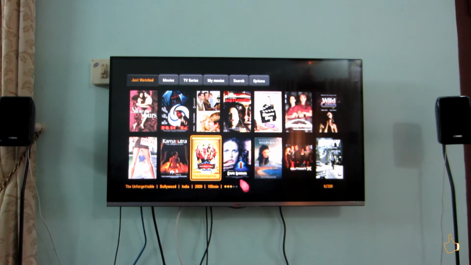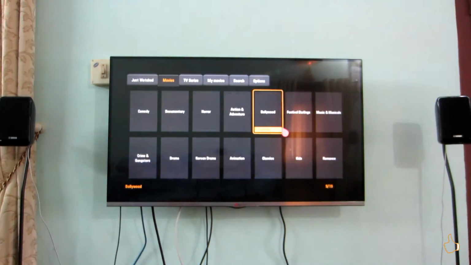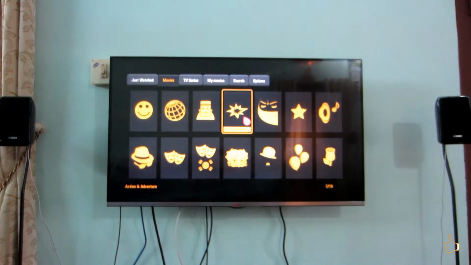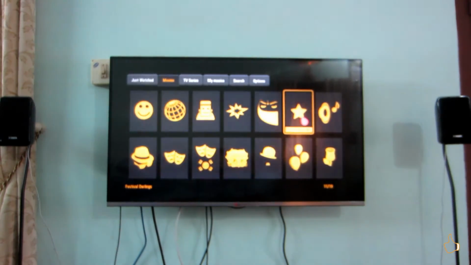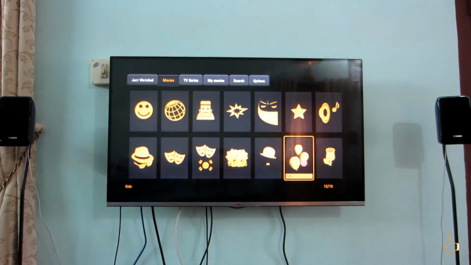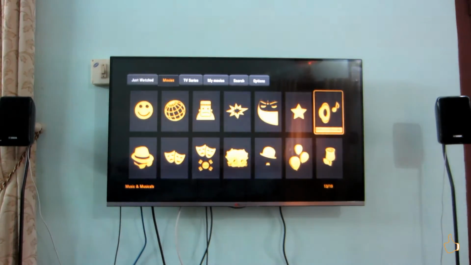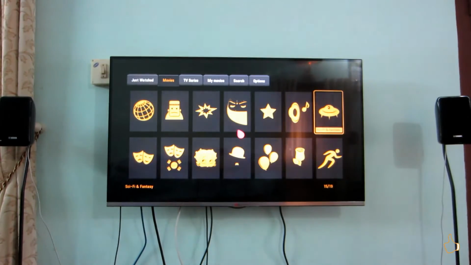From my own experience, I've been using this application for a while, more than 2 months. After that only I thought of reviewing this particular application. In the previous review of the WOW TV app, we tried comparing WOW TV with this particular application. This is way too different and way too ahead. Look at that, different categories are available, and this is a tight application, very neatly organized.